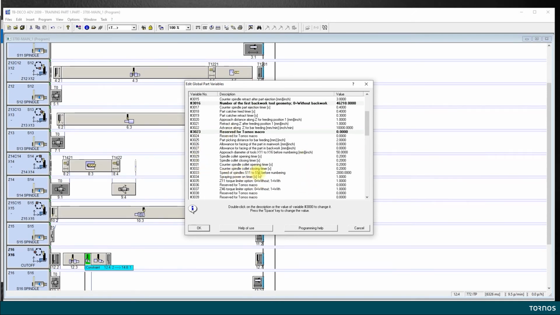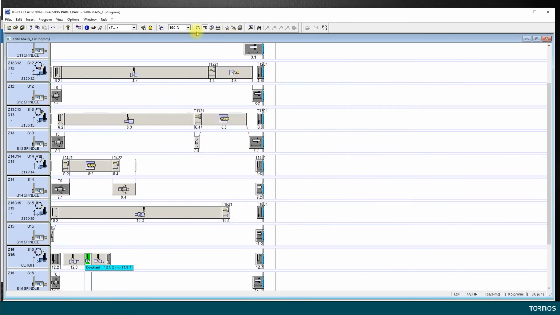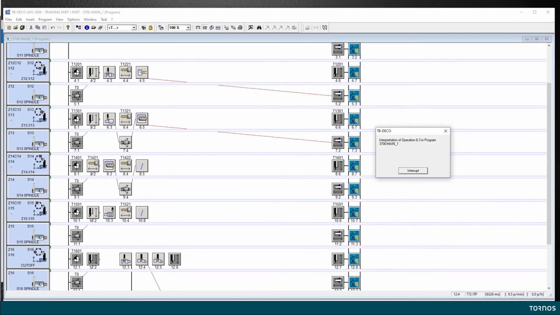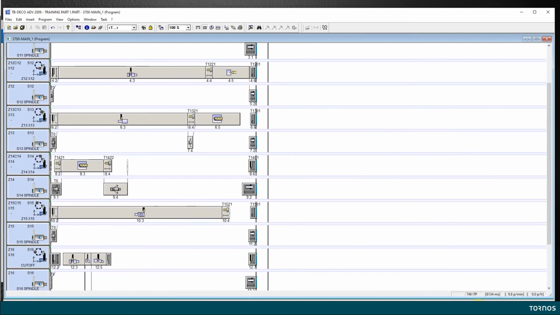If I look at 3033, I still have my default value. Let's try to put an average speed of all my spindles, so they have less to decelerate or accelerate when they switch from position to position. So let's say I put an average of 4,300 RPM. Enter, then I say OK, and I generate. Well, I have improved. I haven't pushed any feed, but I am only 1/10 away from our target. So now let's see where we can improve further.